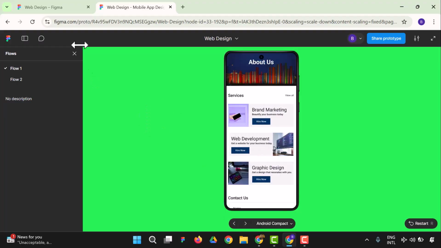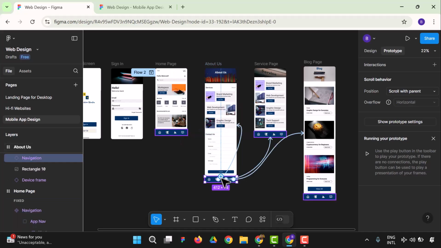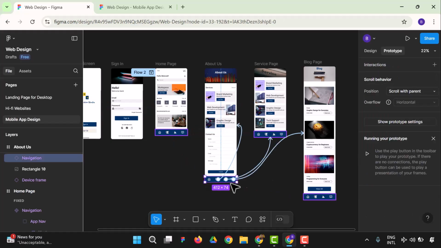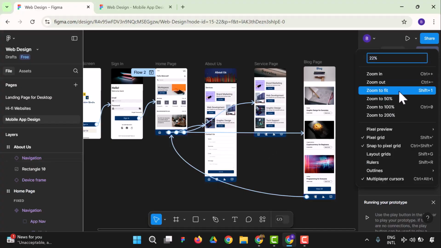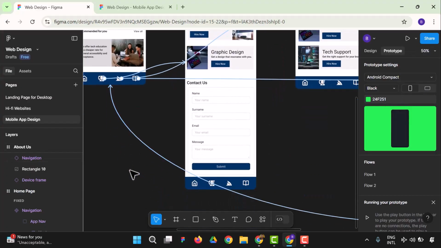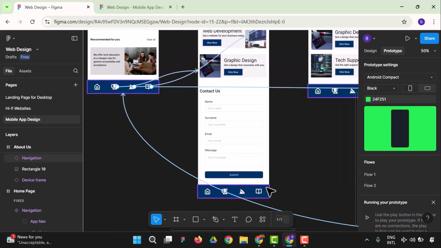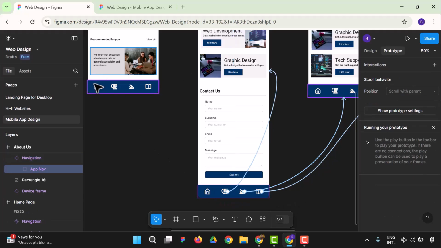So let's do it for the about us page. Let's do that same thing for the about us page. I'm going to hold on to this. Let me make it like 50%. I'm going to hold on to this, and